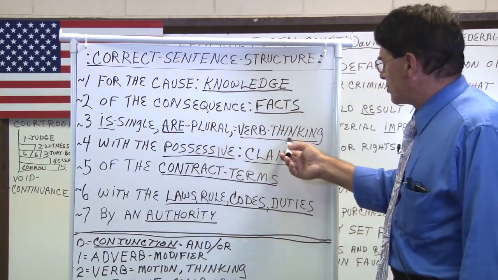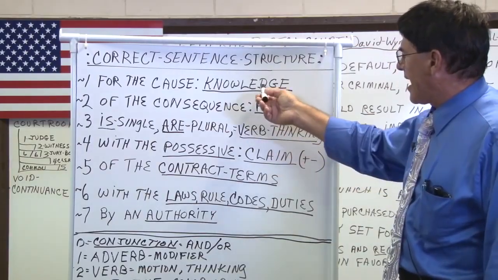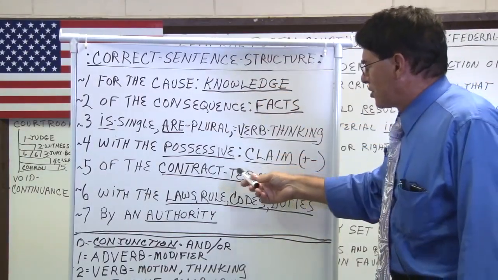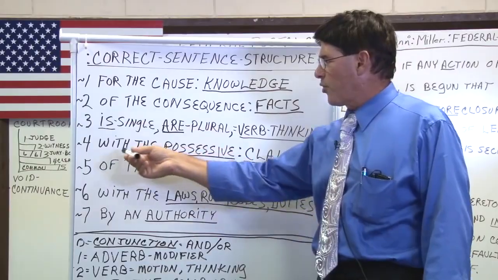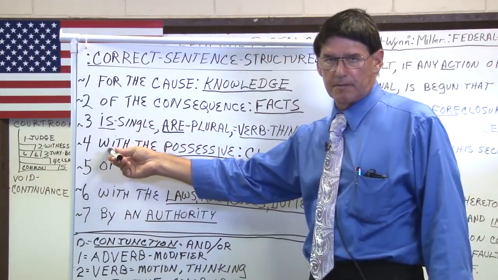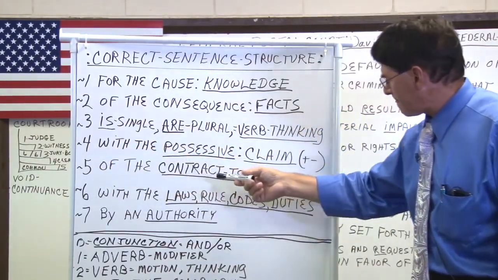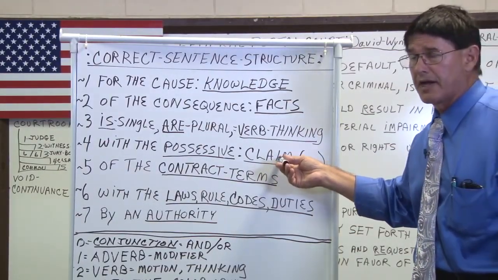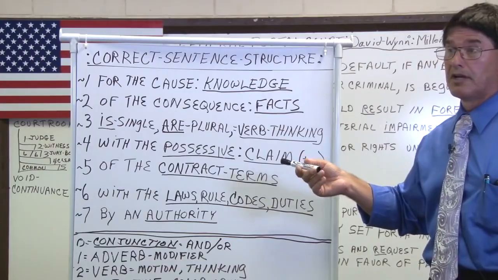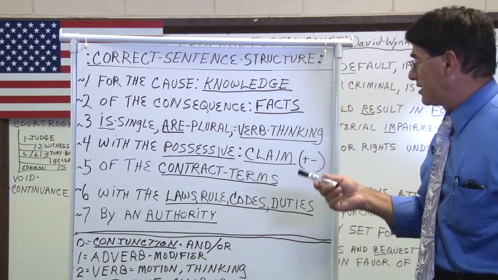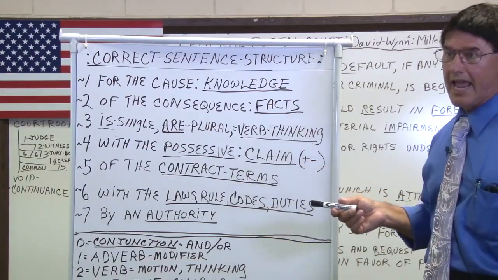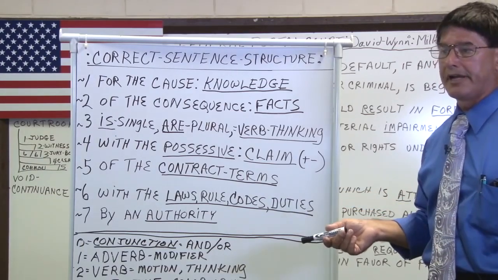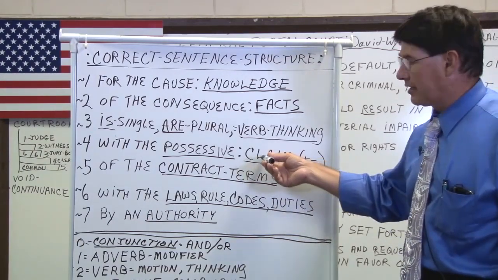Now, after you establish your thinking capacity to move the fact backed up by the knowledge, you have to create a possessive. With is your position of a possessive. And the possessive is we use the word claim because gold miners filed claims. They didn't file mortgages. They didn't ask for permission. When they discovered gold, which starts with the word AU, they have an authority. And so they filed gold claims.